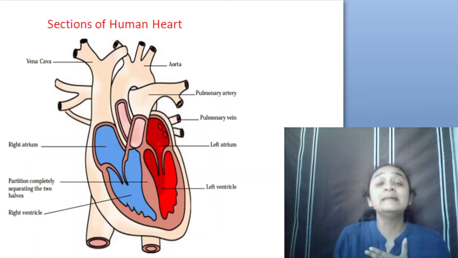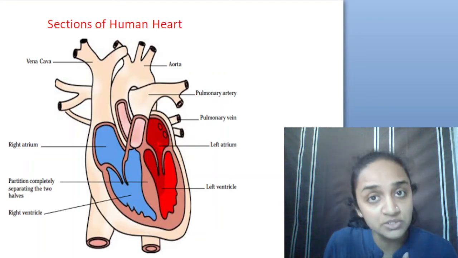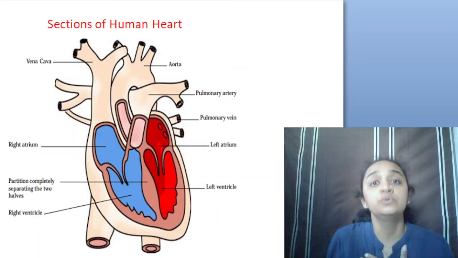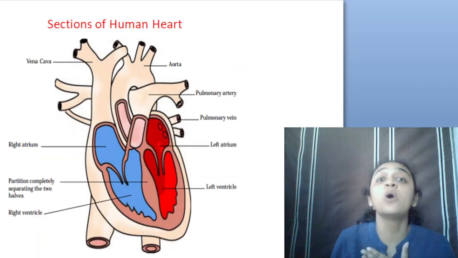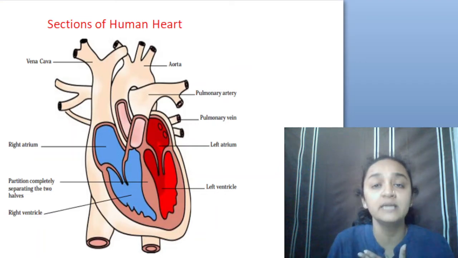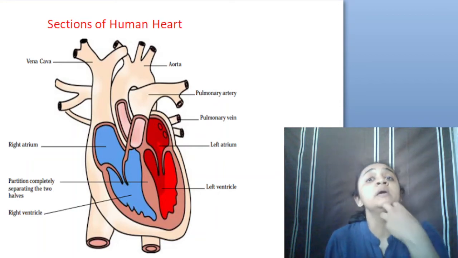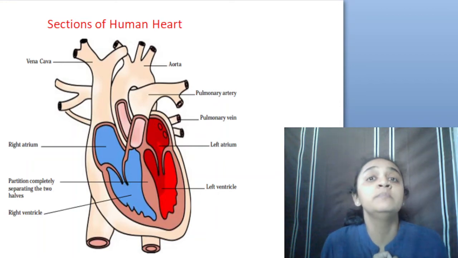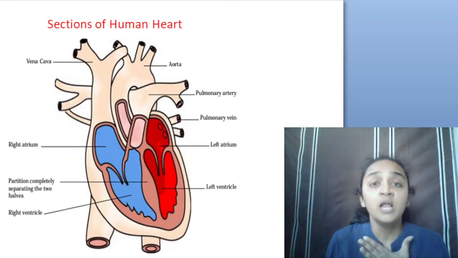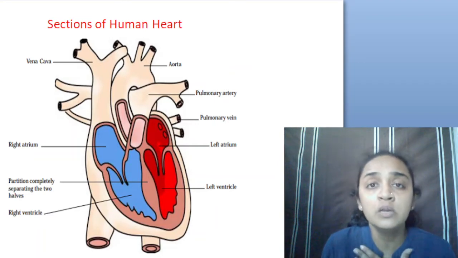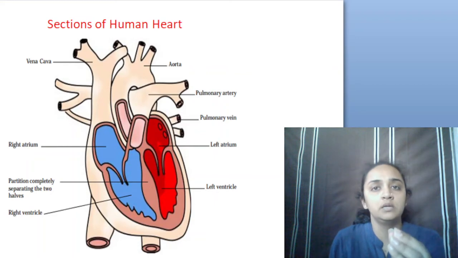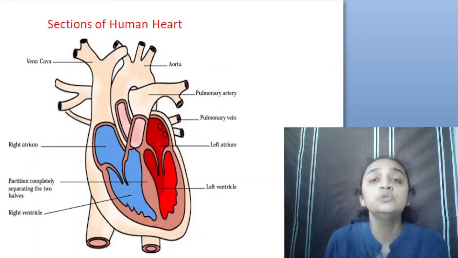The lungs will mix oxygen with the blood. The oxygen that we have inhaled through the nose will be mixed with the blood in our lungs. The lungs will give that oxygenated or pure blood to the heart